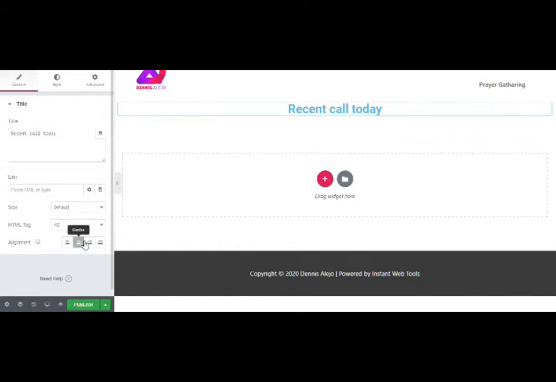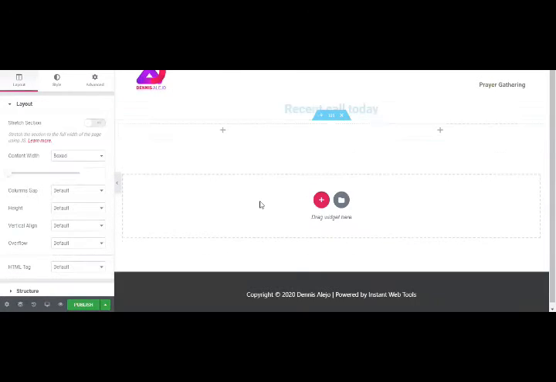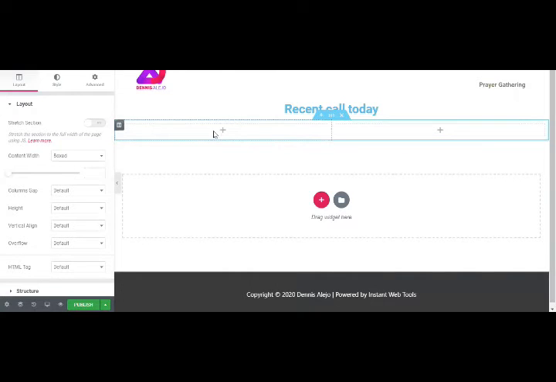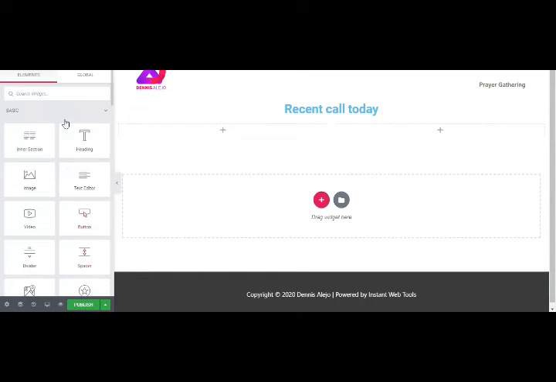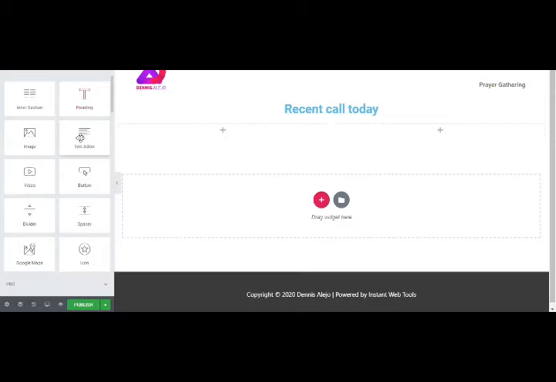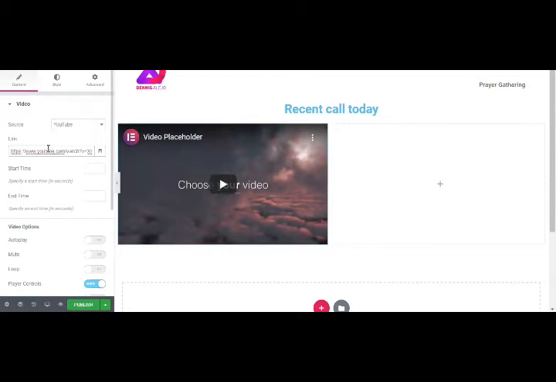and this time I would like to add a plus button again, and I would like to put a structure. This time I need to put two of the structure, so both sides have an element. Click on the plus button to bring you to the element, and this time I would like to put video on here. So from the left side is your element. Drag this video icon and then drop it to that specific side, and then I would like to take out the default link,